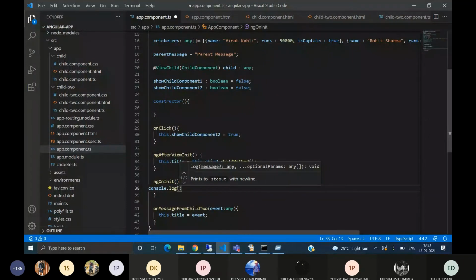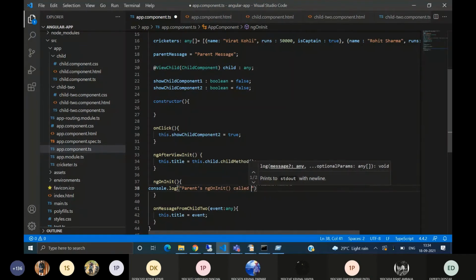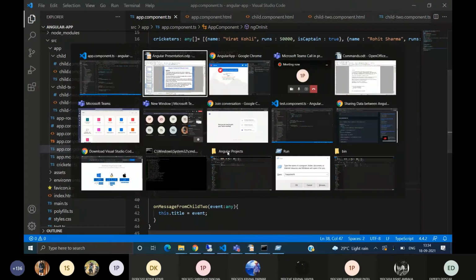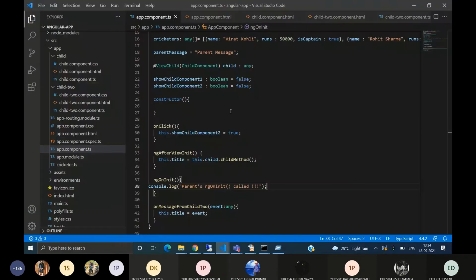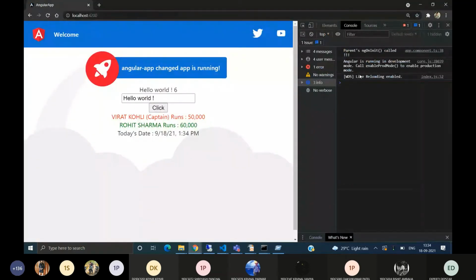You can guess which ngOnInit will be loaded first, the parent's or the child's. The parent has been called.